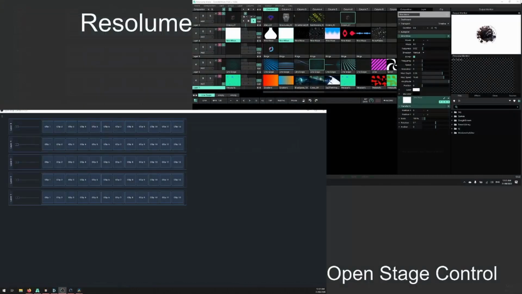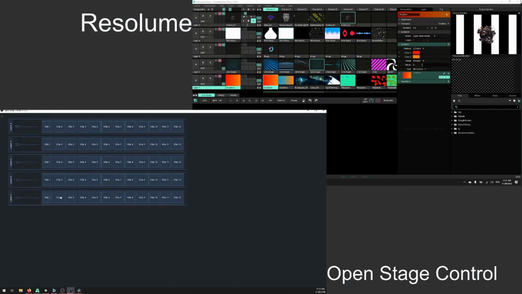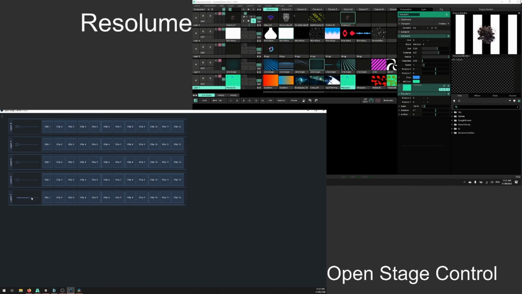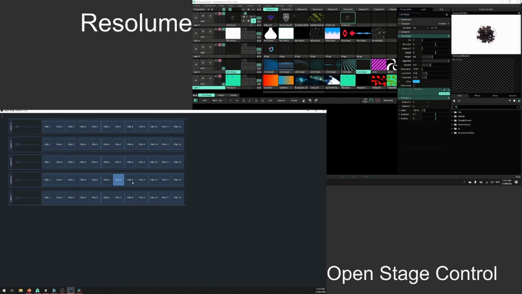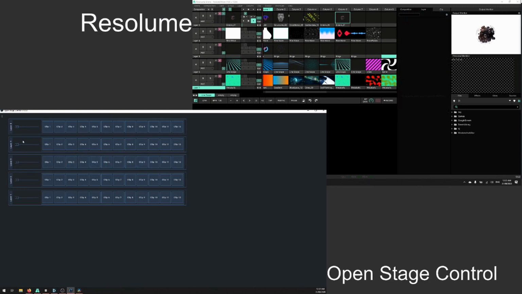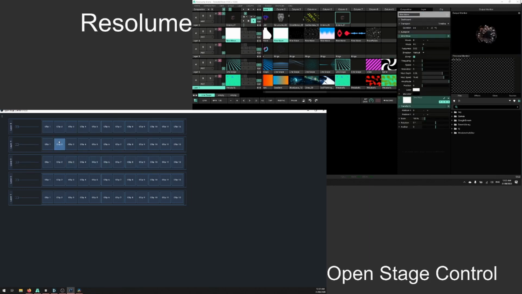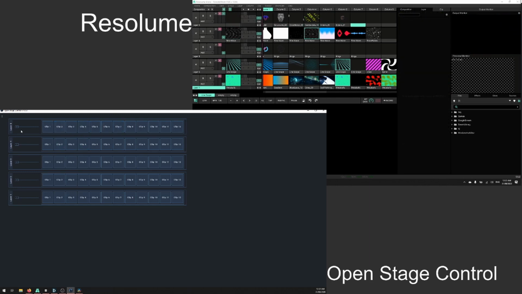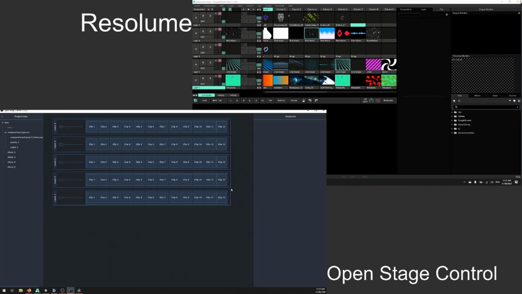If we look at Resolume again, layer 1, clip selection and fader. Layer 2, clip selection and the fader. Layer 3, fader, clip selection. Layer 4, fader and clip selection. Layer 5, fader and clip selection. So we've very quickly built out all those controls, and we could keep adding just in this layer 1 any other functionality we wanted, and it would auto-populate